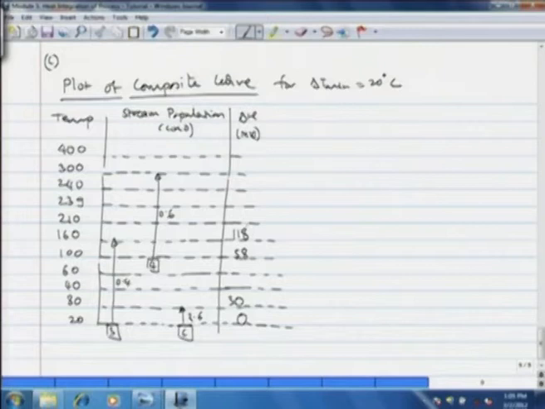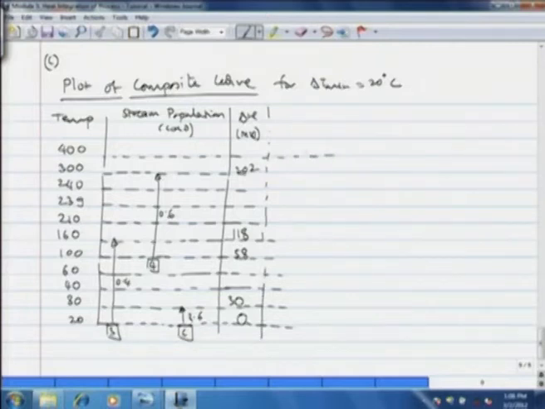And then from 160 onwards we have only one stream, that is the number 4 stream, and then it goes up to 300 degrees centigrade with a temperature interval of 140, and it has a Cp of 0.6. So that again adds 84 megawatt, and then the total becomes here at 300 degrees centigrade 202 megawatt. So that is the enthalpy temperature data for the cold composite curve.